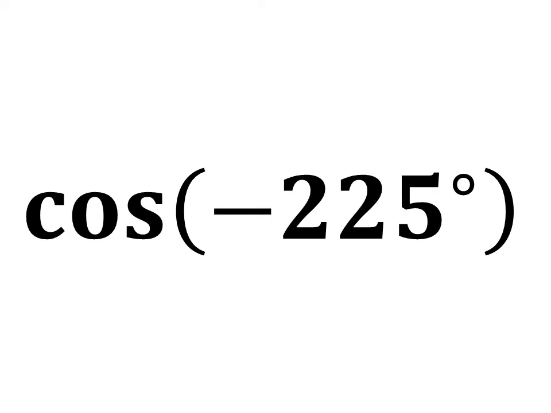In this video, we will learn to find the value of cosine of minus 225 degree. As we know, the trigonometry identity cosine of minus x is equal to cosine of x. The video explaining how to derive this identity is appearing in the upper right corner. Also, the URL address of the video has been mentioned in the description section.